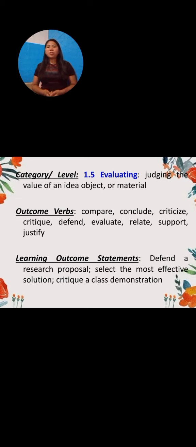For the second to the last category, the category of evaluating, it is judging the value of an idea, object, or material. It is making judgments based on criteria and standards. Its outcome verbs are compare, conclude, criticize, critique, defend, evaluate, relate, support, and justify. For its learning outcome statements: defend a research proposal, select the most effective solution, critique a class demonstration. And the last category is the category of